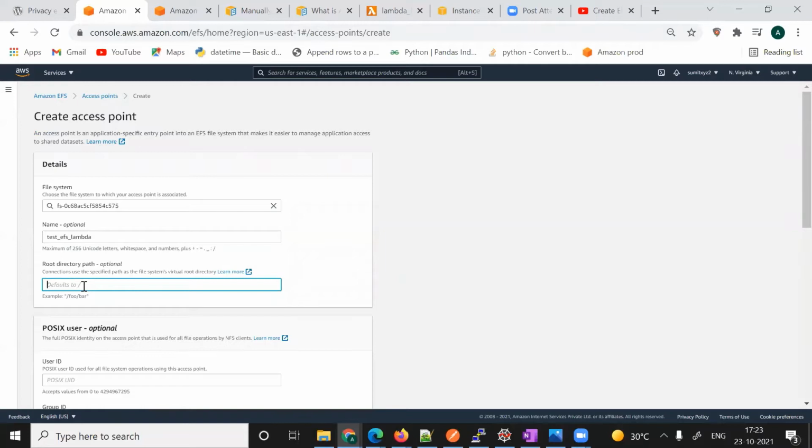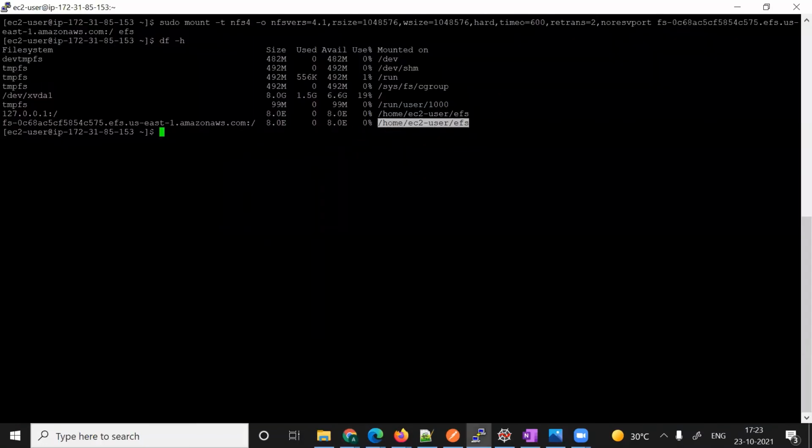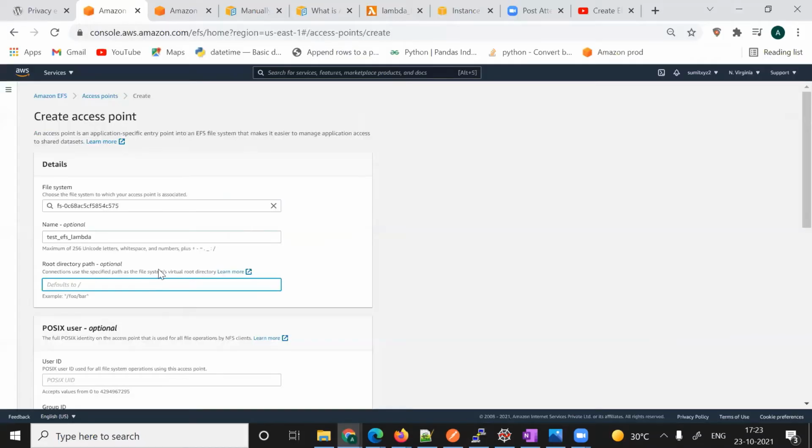Then you can give any folder here. It will create this folder inside this file system, inside this EFS. Right now you can see nothing is there. Once you go here to create, you can give any name. I'm giving test access.